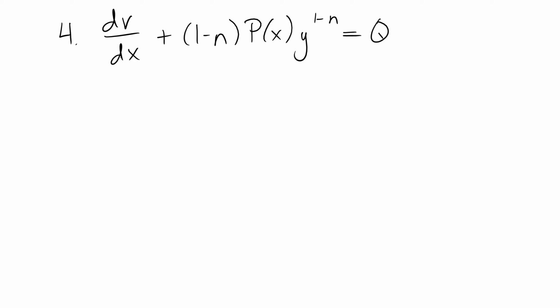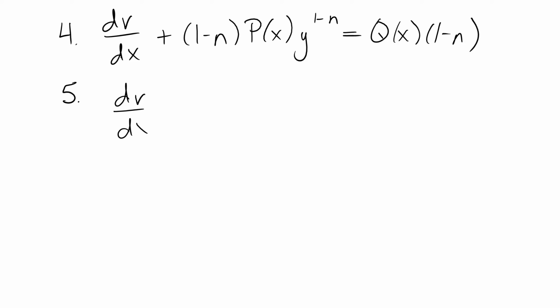And then on the other side, I'm going to have q of x times 1 minus n. And if I divide by y to the n, that's all I have. Well, this is better. I only have one single y,